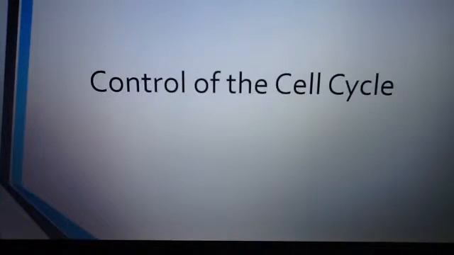Okay, well, moving on, let's talk about control of the cell cycle and ways that we can stop the cancer process, or how cancer can take over the cell and cause all kinds of trouble. And we know that there are certain mechanisms for controlling the progress through the cell cycle. There are checkpoints, and we have telomeres, the length of telomeres in particular, and we have chemical signals from within and outside the cell. So let's take a look at some of these